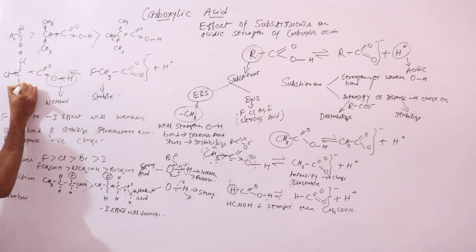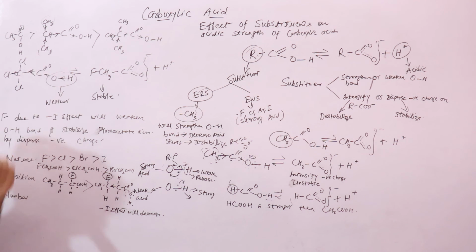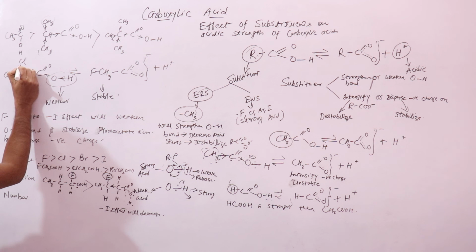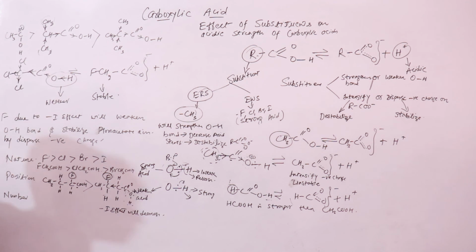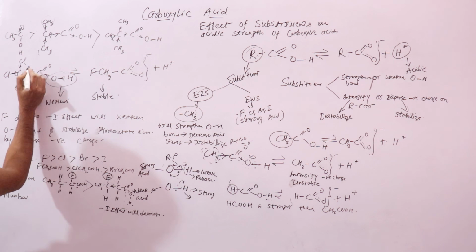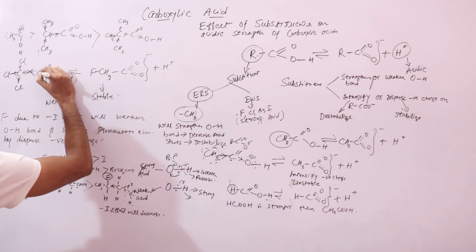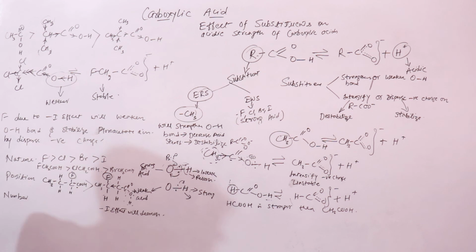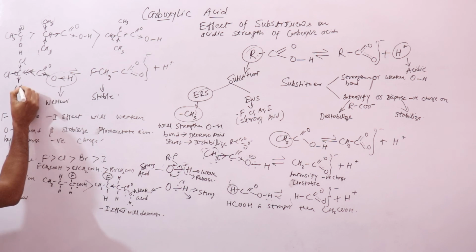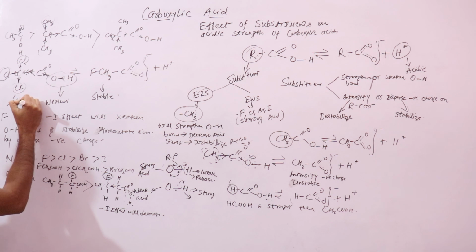If I have 3 chlorine atoms attached to this carboxylic group, then all these chlorine atoms will attract the electron density towards themselves, right. Now due to the electron withdrawing effect of these chlorine atoms, you have maximum minus I effect, because you have 3 groups that have minus I effect,